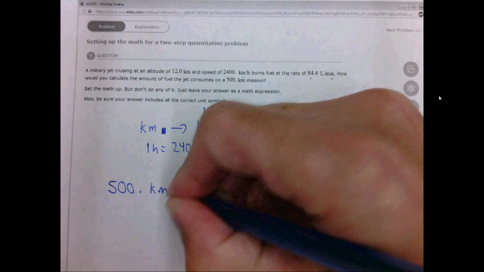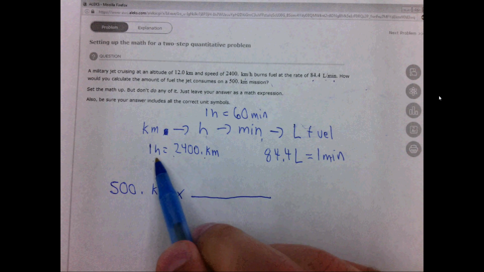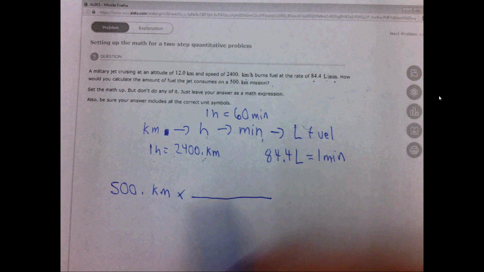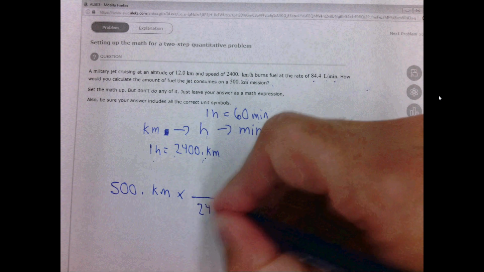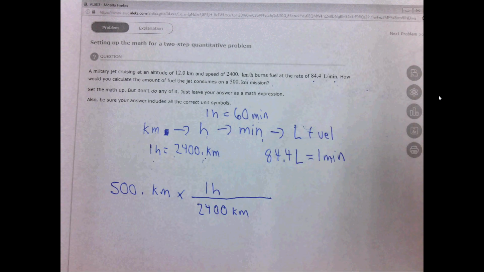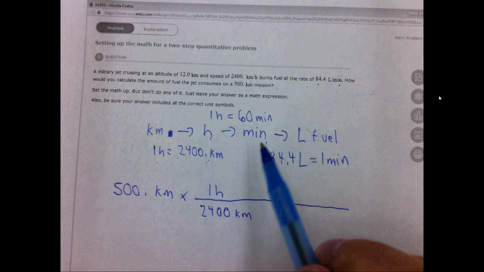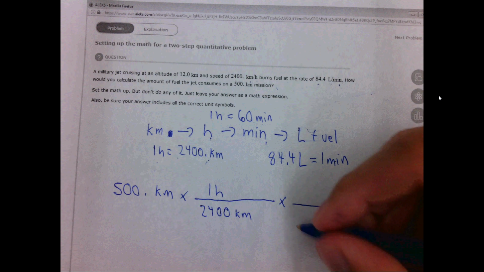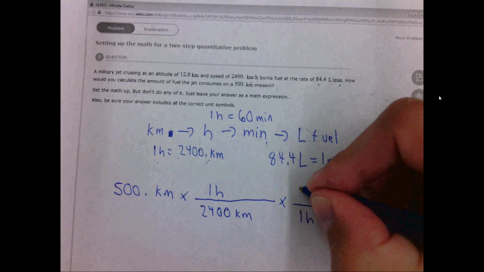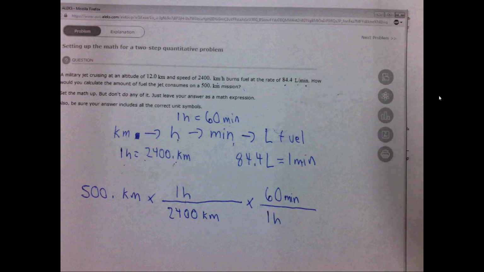Now starting with your 500 kilometers times. The first conversion is kilometers to hours. We have hours and 2,400 kilometers. We want kilometers to cancel out. So we put 2,400 kilometers on the bottom, 1 hour on the top. Times, for the next conversion, we want to go from hours to minutes. We have hours on the top, so we want our 1 hour on the bottom, and our 60 minutes on the top. And then for the last conversion,